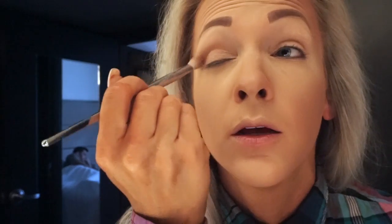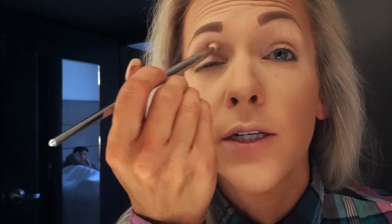And just focusing it here on the outer crease, mainly most of the product there, and just kind of dragging it in, and then also up onto the lid. Since this is serving as a transition color, you can drag it up more onto the eye all over, because the more and more colors that we use, the more we're going to build it, and it's going to look just like a really well blended eye look. So go over to the other side. So again, concentrating more on that outer corner crease, bringing the product in eventually, and then up as well